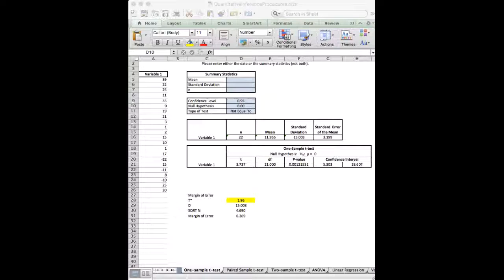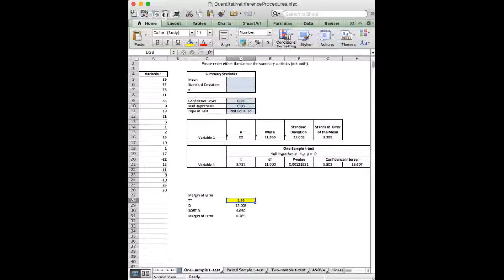The margin of error isn't as difficult as I thought it was, according to this. So we'll go back and try to figure it out. But basically you need to take the upper bound and subtract the